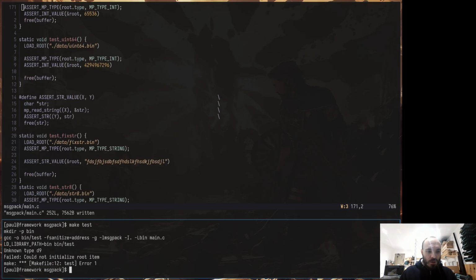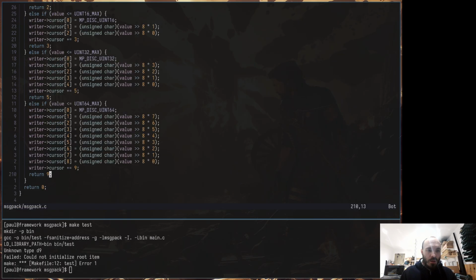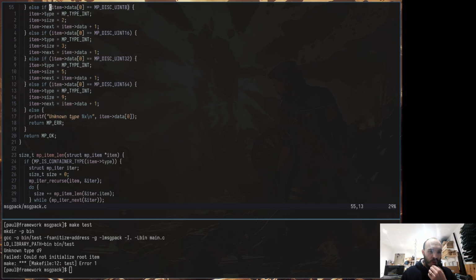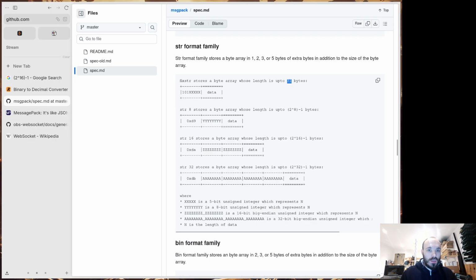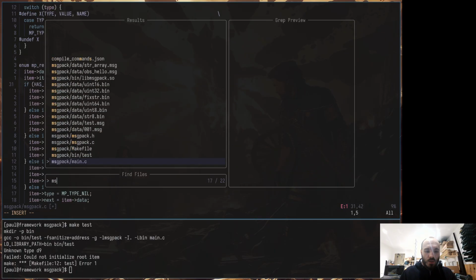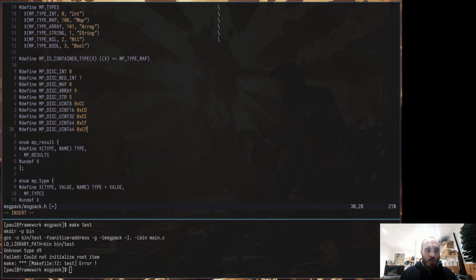So if I do this, "could not initialize root item", and it's normal because MessagePack C, when I go into initializing it, it just doesn't handle the string properly. And this is where I should grab this, paste it here, and str8. Now str8, according to the spec, is this value. So I can go to str8, which is in the .h, right here, d9,